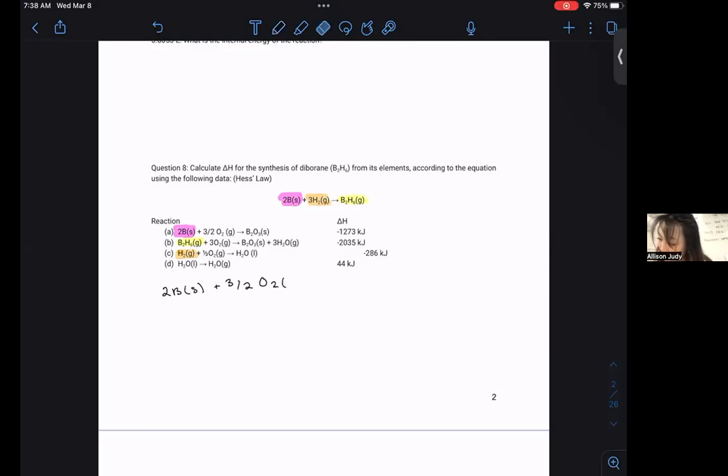And you know what, to save myself time, I'm not going to write in the states of matter right now, because I just need to get the relevant chemical species isolated. And it goes to B2O3. And I'm going to keep that because I want in my net overall equation 2B on the reactant side, but I need to cancel out the B2O3. So I'm going to flip my reaction B and write it as